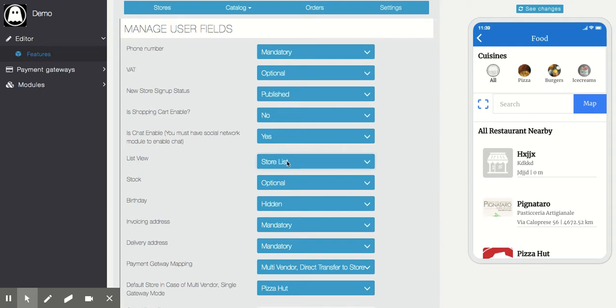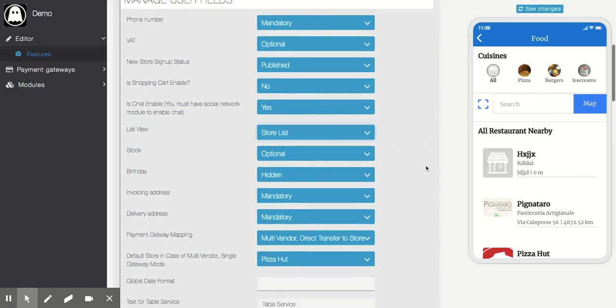You need to change this list to store list. Category list is the same as what comes with the commerce model, where you list the categories first. Product list is the same, listing the whole product without a store setup. In the store list only, you will see the list of stores first, and then the complete flow. So you need to save this first.